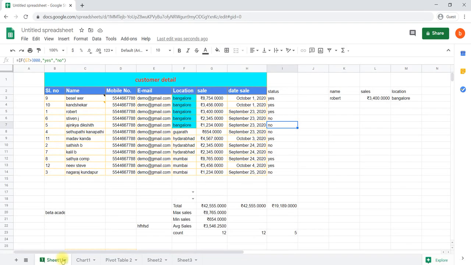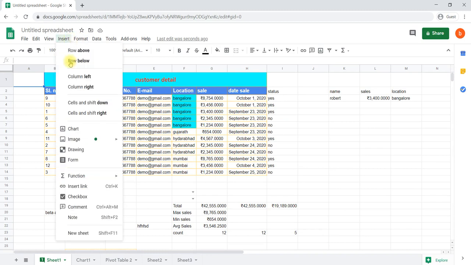Next it comes to inserting an image. How to insert an image? For example, here I would like to insert an image. We can go to insert image. You can insert an image in a cell, in the sense within that particular cell itself it will be inserted, or over the cell, or if you like to insert a bigger image, then over the cell. First we'll try with the image in a cell.